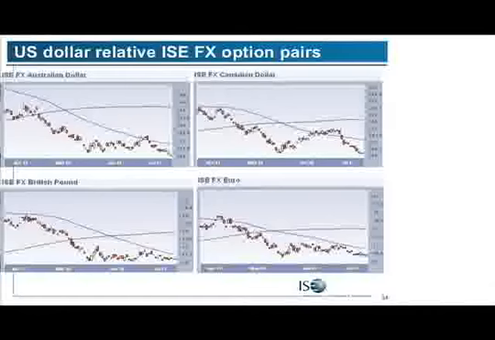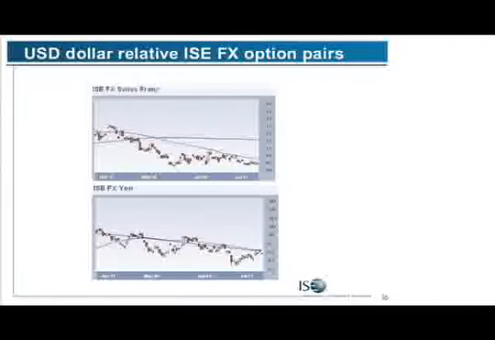If you notice what has been happening in 2009, it's sort of the reverse of what happened in 2008. Remember, the ICFX options are dollar relative. Whether you're looking at Aussie, Canadian, British pound, or euro, I took these screenshots as of this morning, and you're seeing dollar weakness across the board. The one that's a little bit different is the Japanese yen, because we've seen weakness over and over there. But the other five, I won't say they trade in tandem, but there are themes.